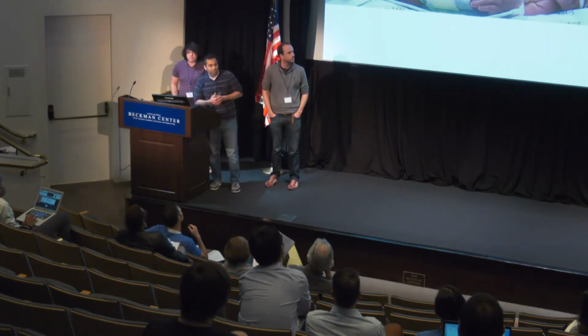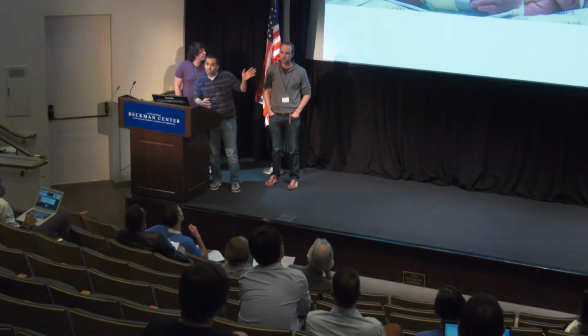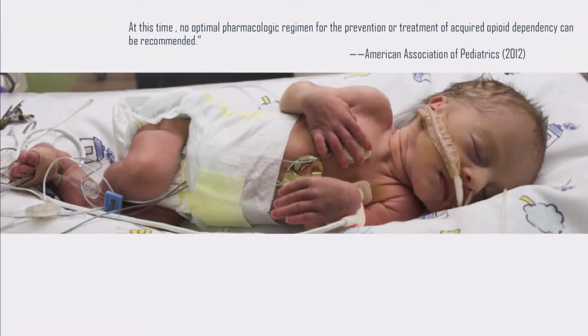And we've been working for the last couple of years on what is called neonatal abstinence syndrome, where pregnant women are on opioids, and the babies who are born to those women undergo withdrawal symptoms after the birth. It's a very difficult problem to tackle. There are no deaths related, but it's a social impact, and it causes a lot of hospitalizations.